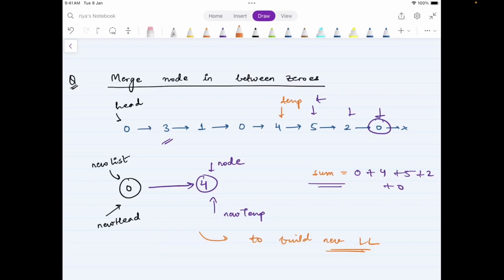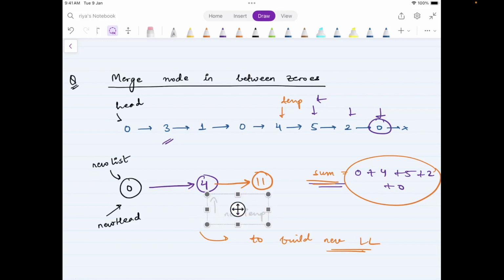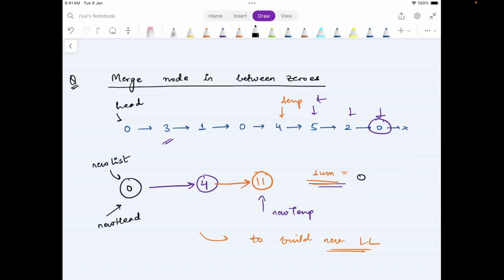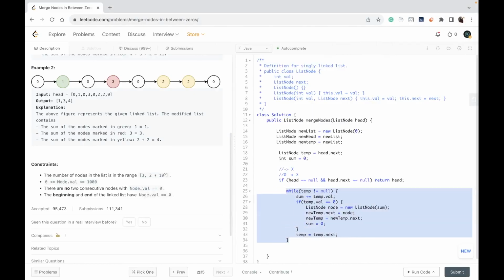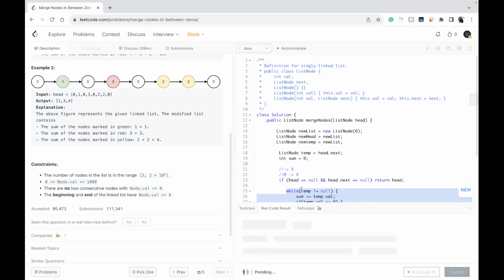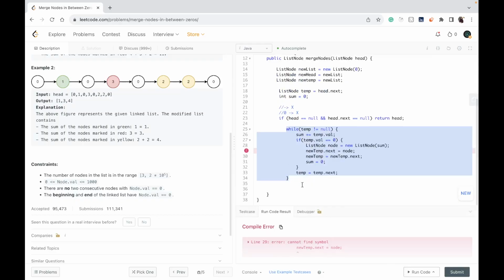Step number 1, make a new node of this sum value, which is going to be 11. Step number 2, make this connection: new temp.next is equal to 11. Then step number 3, make this new temp pointer again point to the very end of the linked list. Step number 4, initialize the sum back to 0. Until the time temp is not equal to null, we will keep on doing this process. Simple as that.